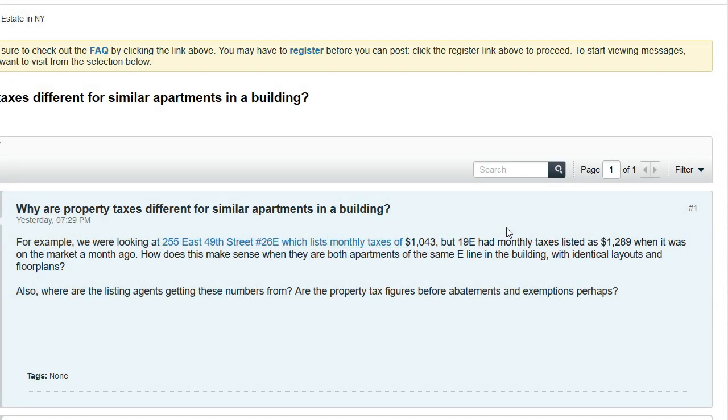In this video, we're going to show you how to determine why property taxes are different for apartments of the same line in the same building, but just on different floors. This also works for very similar sized apartments in the same building. If they have a large discrepancy in their property taxes, we'll show you why, and we'll show you how they're